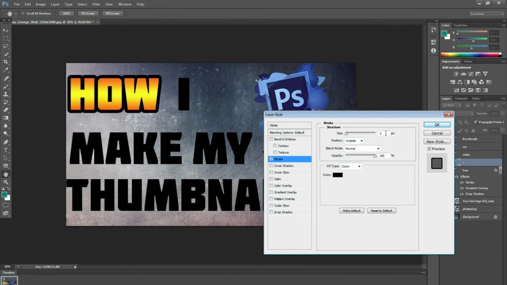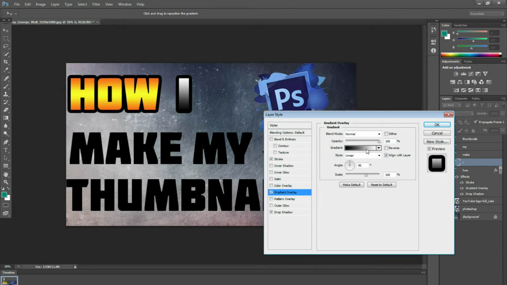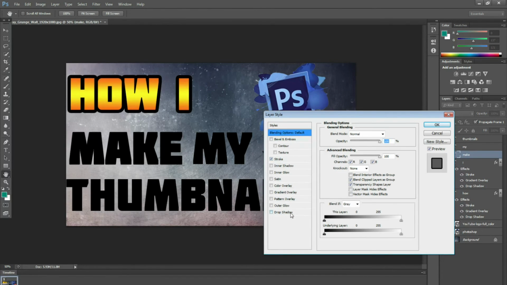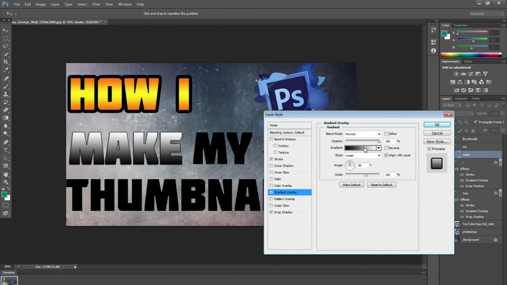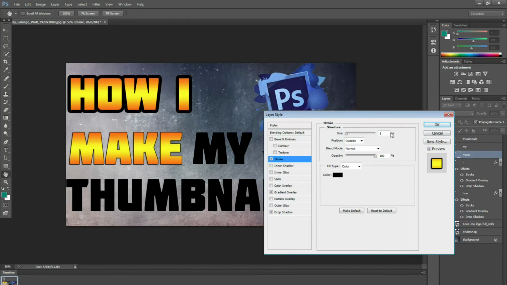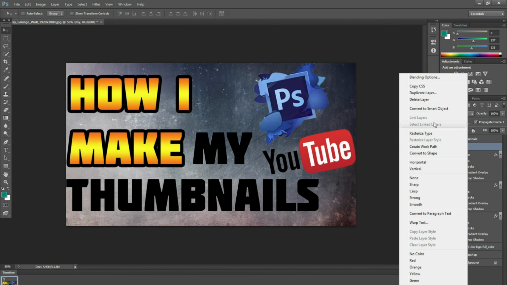So then it does get kind of tedious, but since there's not that many layers of text, it doesn't take that long. And since I'm very, very used to doing this, it isn't incredibly difficult for me anymore. It used to take me quite a long time to get this done, but it doesn't anymore. So 21 on the stroke, drop shadow, and then orange, yellow,